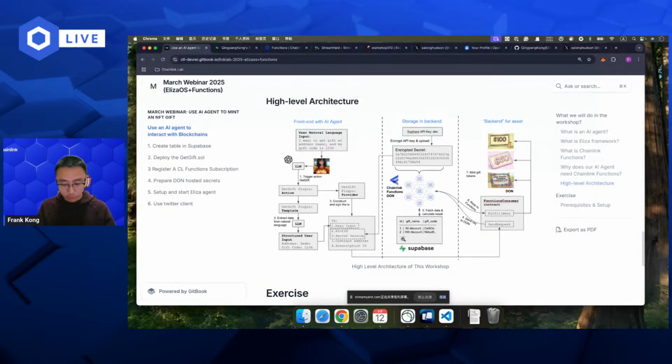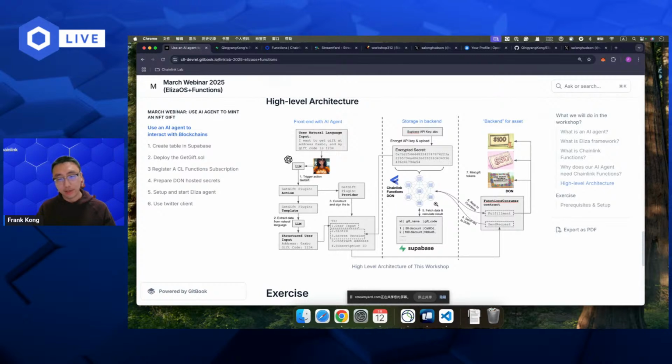So the whole flow is like this: the user inputs something like, hey, please give me a gift to the address 0x123 with a gift code like KYQ123. Then this transaction will be sent to the function consumer smart contract on chain, and the function consumer smart contract will send a request to Chainlink Functions.